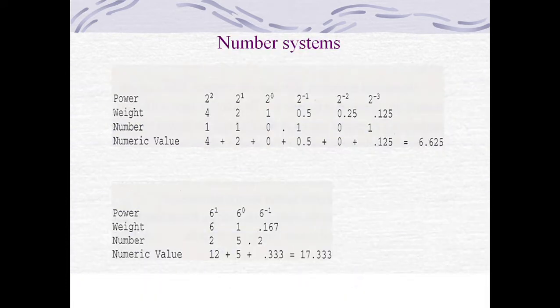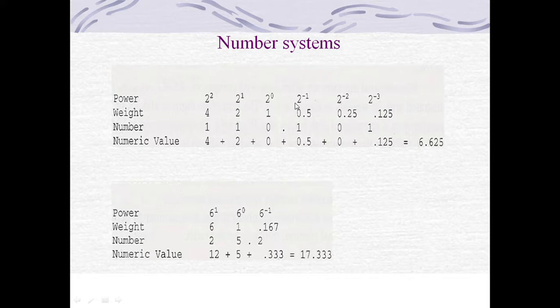In other number systems, these weights and powers can be written as well. For example, if we have a binary number with a decimal point, 110.101, this is a binary number with 3 digits after the decimal point and 3 digits on the left side of the decimal point. First, to get its numerical value, we have to write the powers of the binary system for these digits. As we have 3 digits on the right side of the decimal point and 3 digits on the left side,